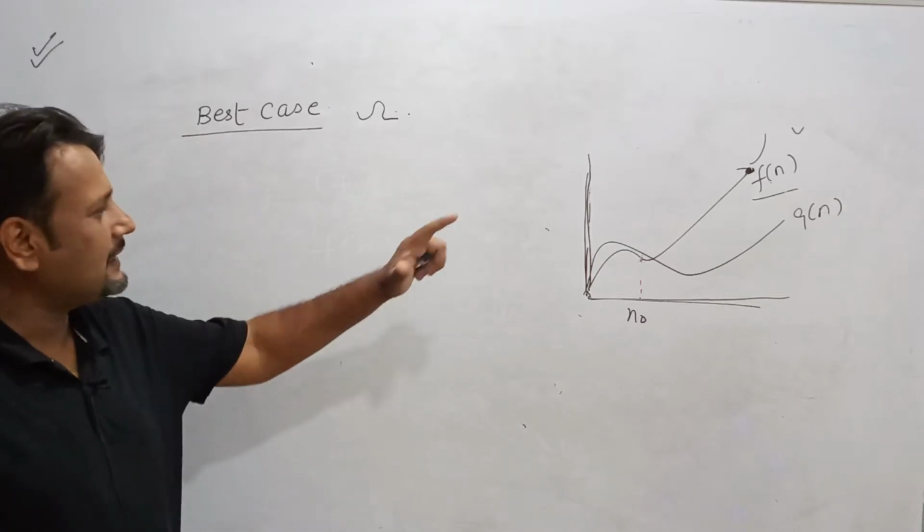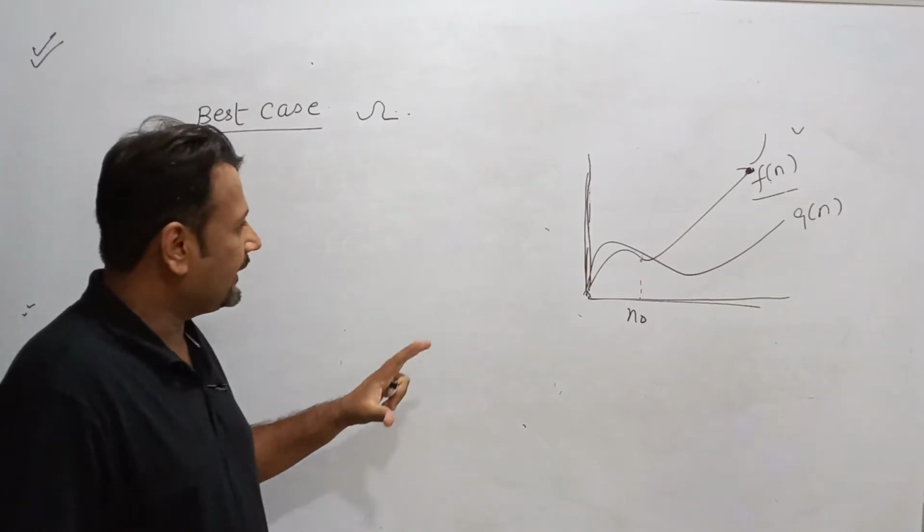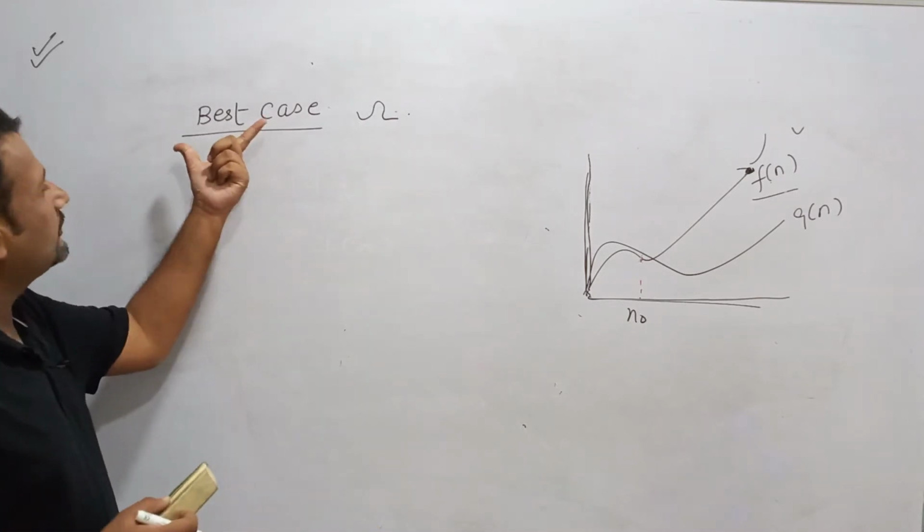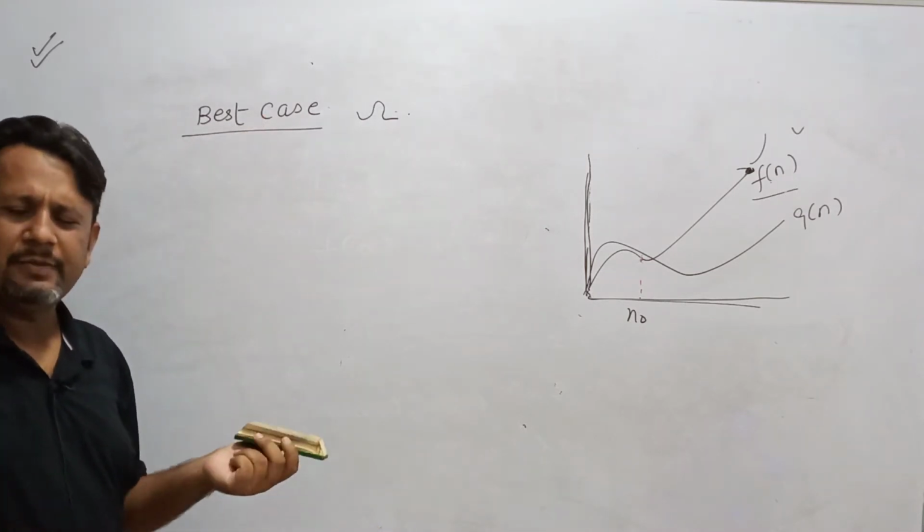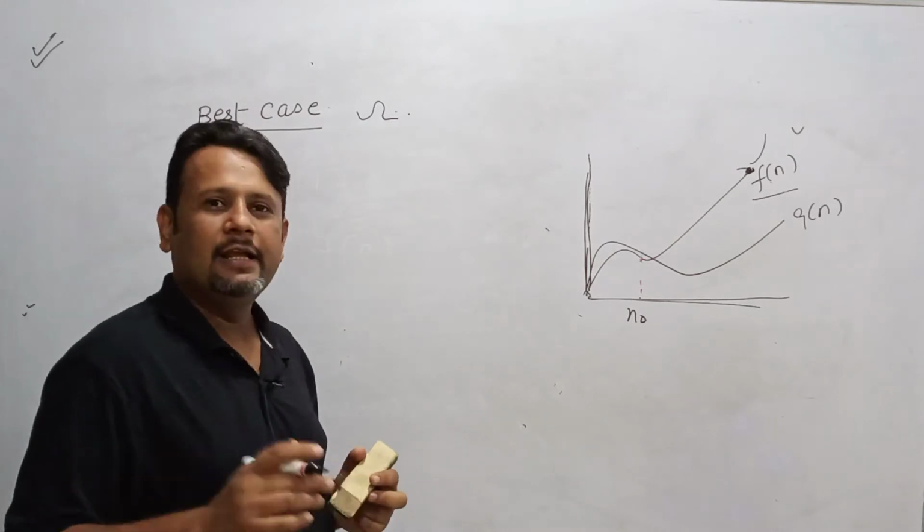Now, in the last class, we have seen what is worst case. In this class, we are going to talk about best case. To understand best case, it is quite easy to understand. Let us say,